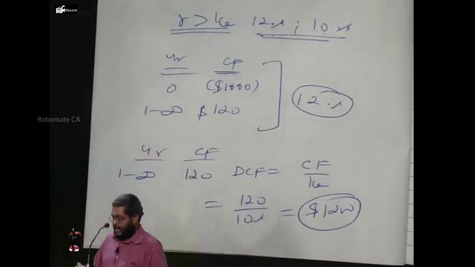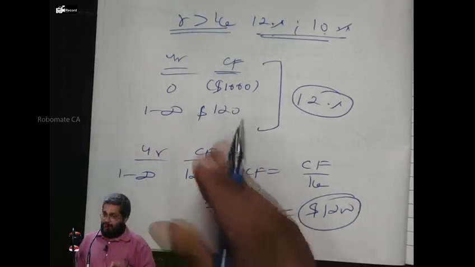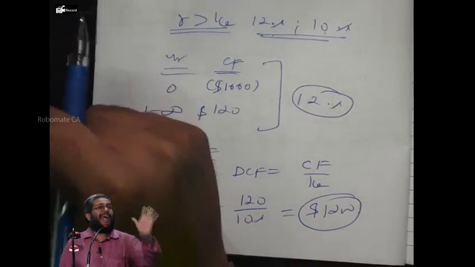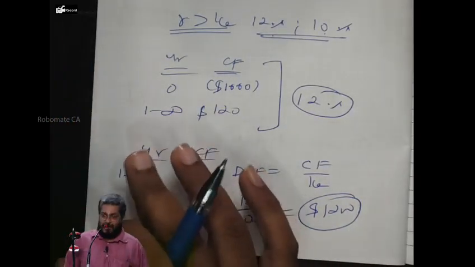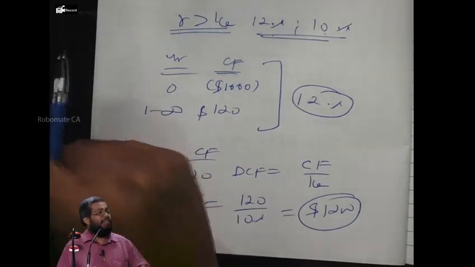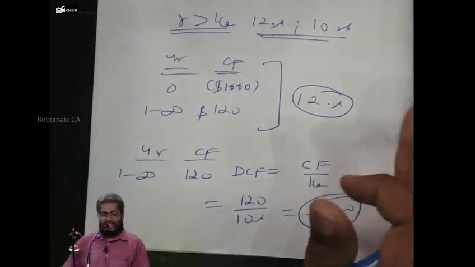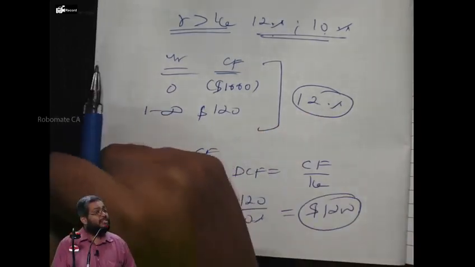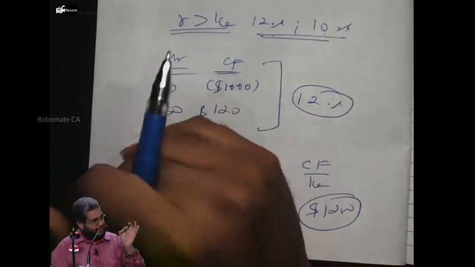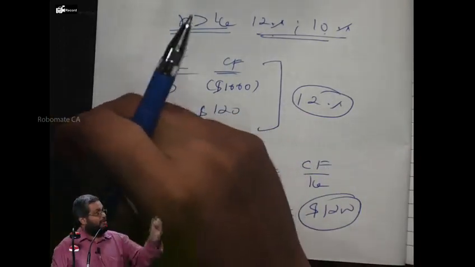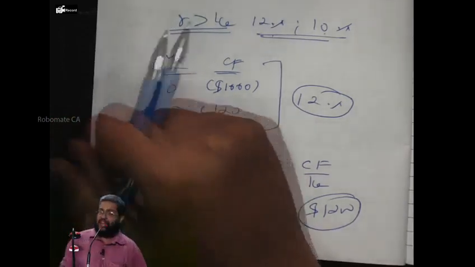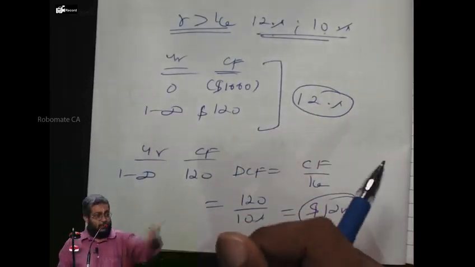Now again, let me repeat. Let's take this Modigliani-Miller example itself. Situation number 1: I have $1,000 cash. I am going to invest this $1,000 cash in machinery. Why invest in machinery? Because the machine is expected to give me future cash flows. Are you following or not? Now the $1,000 cash has become machinery, and the machinery is going to give me some future benefits.